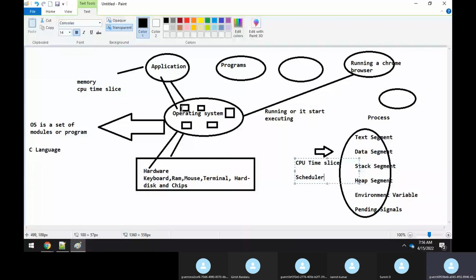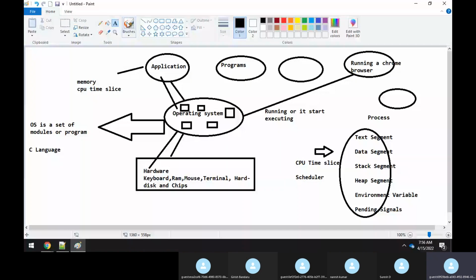But once this process is running, once it has been provided a CPU time slice, when the scheduler schedules this process, the process is running. It means that your application is running. Once it completes a task, this process has to get terminated. This process has to be killed. Who will kill the process again? The same,